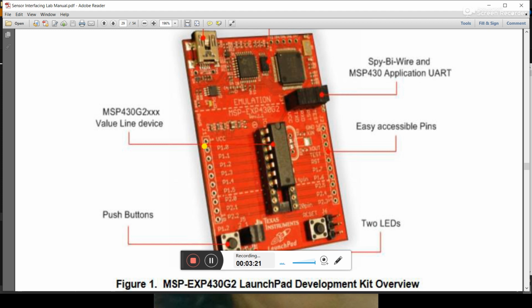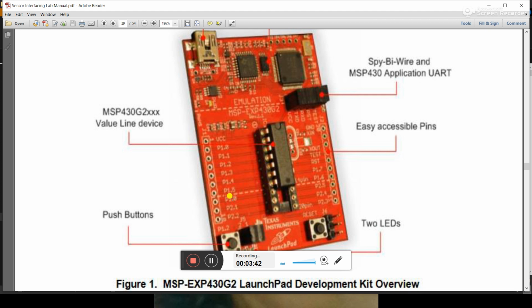Okay. So you have port 1, which has around 6 pins over there, and port number 1 has 2 more pins available there. So a total of 8 pins for port 1.